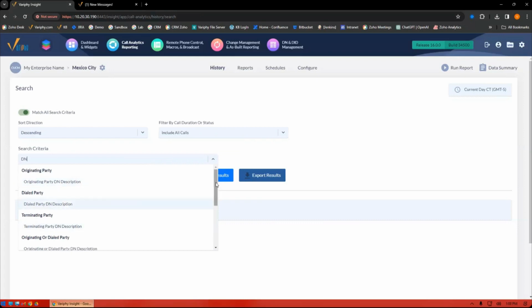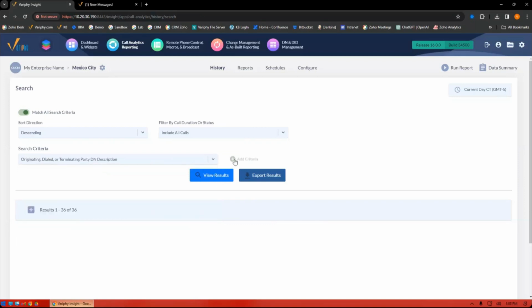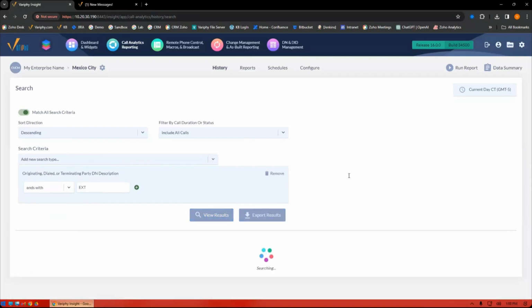And if you're familiar with Variphy's reporting platform, you also know we're going to go ahead and combo those guys. So you can search whether a call was originated, dialed, or terminated as part of a DN description. This does have a Boolean value, so you can go ahead and do equals or contains. You can also do something like ends with ext. This will, for me in my system, identify all of our phones that end with